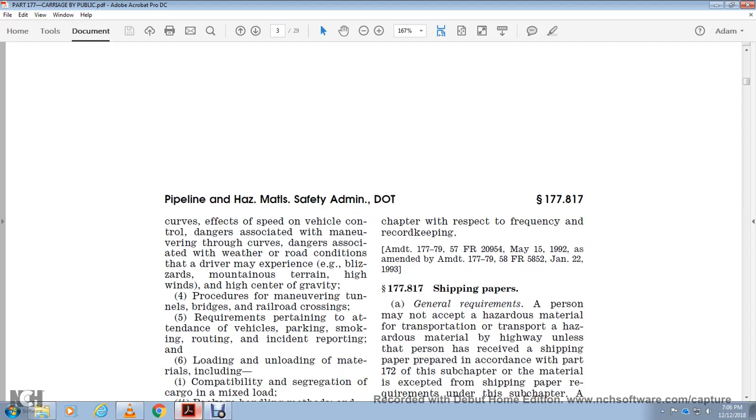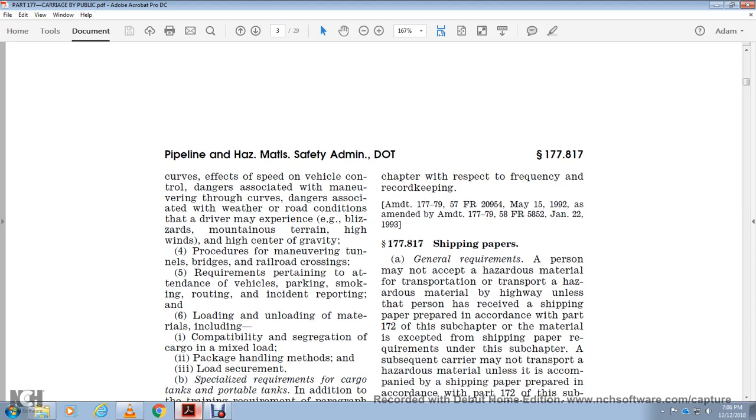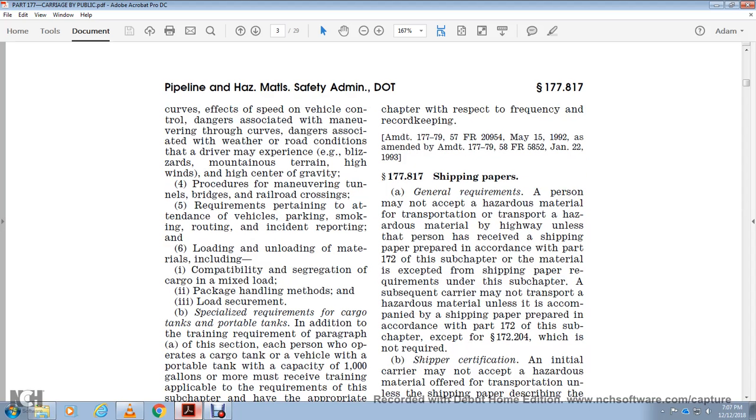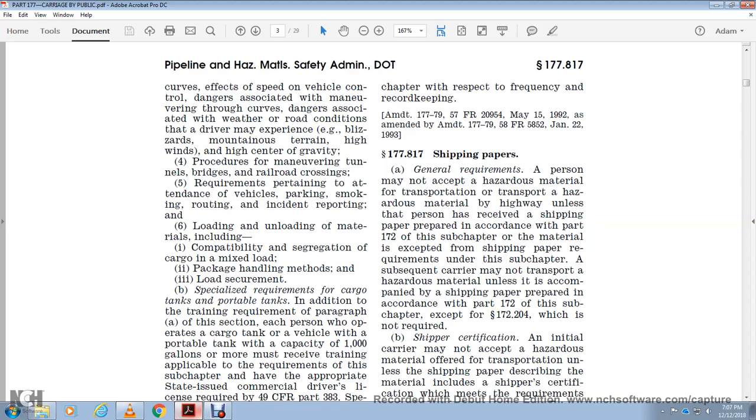reporting; and loading and unloading of material, including compatibility and segregation of cargo, mixed loads, packaging and handling systems, loading segment, and special requirements for cargo tanks and portable tanks. In addition, training requirements, paragraph A of this section: each person who operates a cargo tank vehicle or a portable tank with a capacity of 1,000 gallons must receive training on the applicable requirements of this subchapter and have the appropriate state